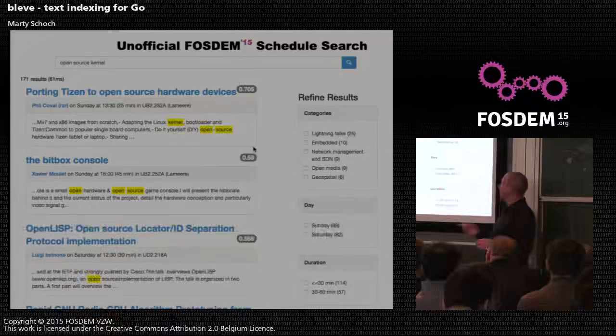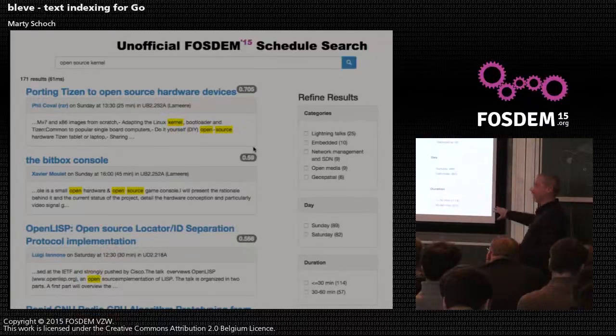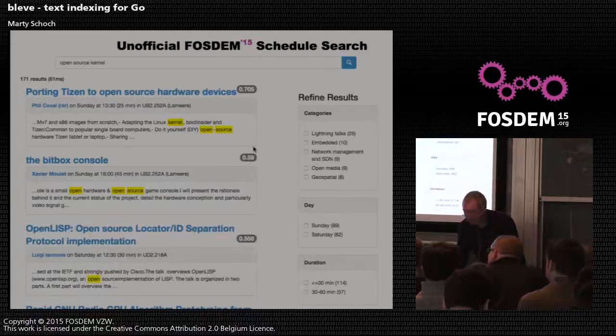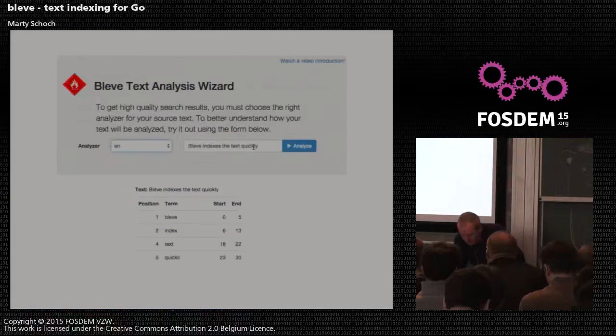I should also mention there are other approaches to doing facets. If you're familiar with Elasticsearch, this is more like Elasticsearch's initial facets. There are some index time faceting approaches as well, which we don't have implemented right now. That might have been where you were going with that. I was just curious. Okay, cool.